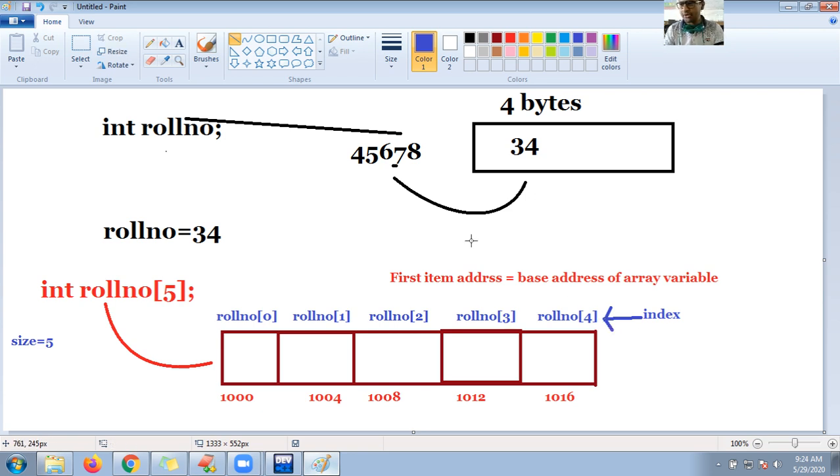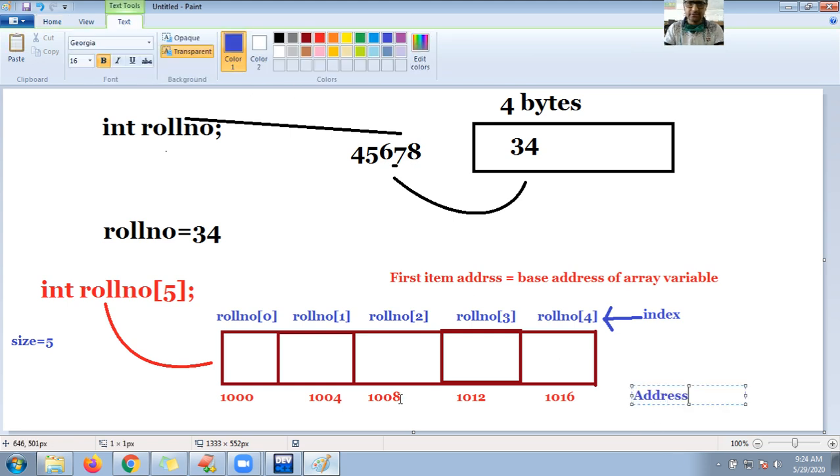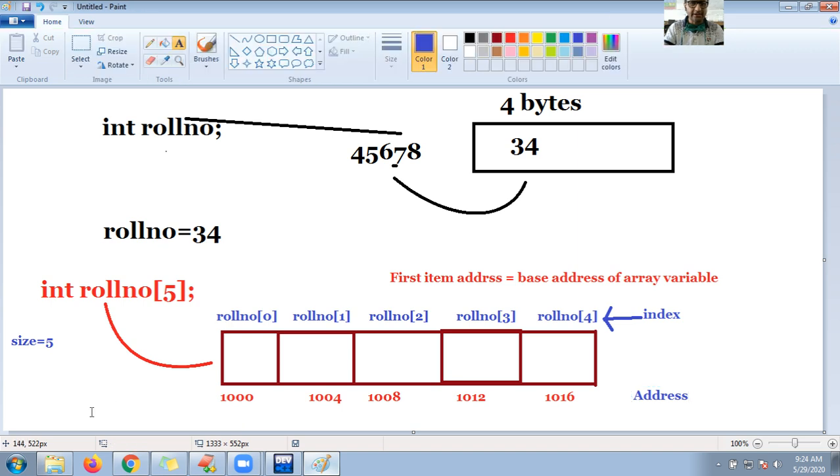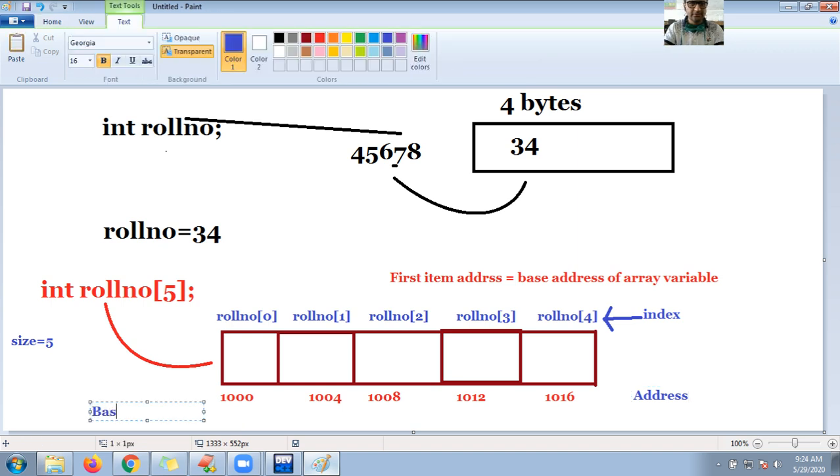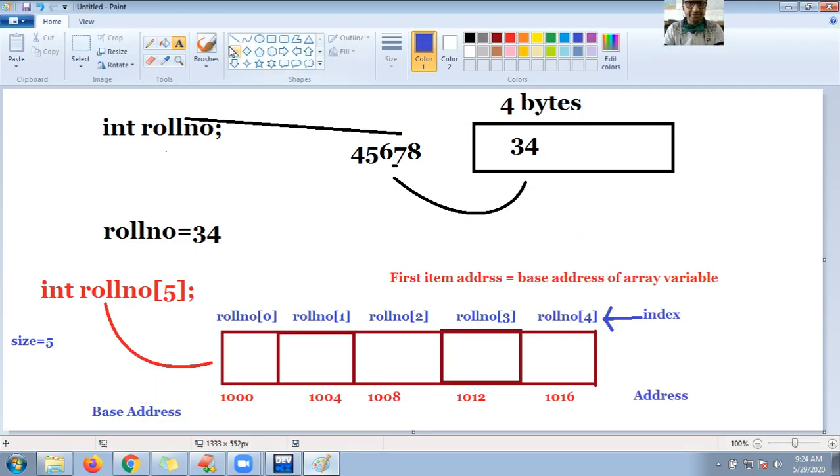Let me point here. These all are addresses. This is the base address. I am explaining the internal memory structure.